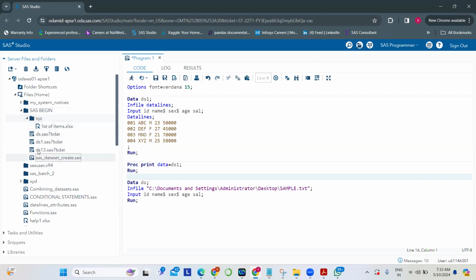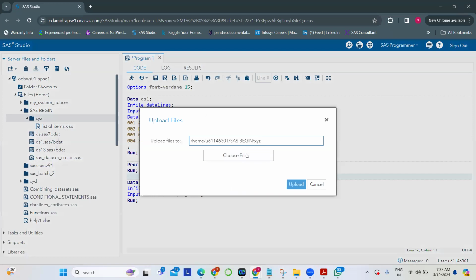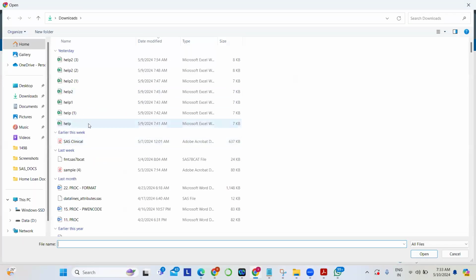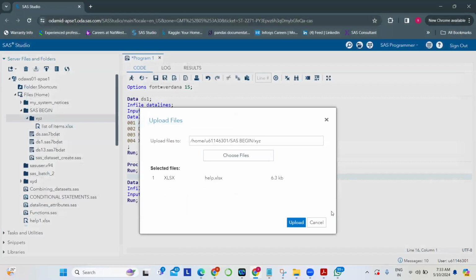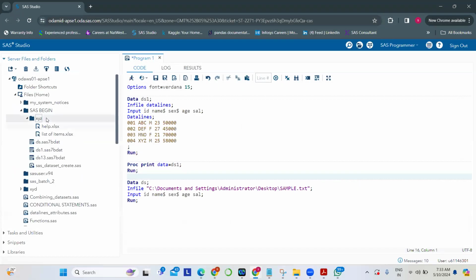For example, if you want to just upload here, just select this one, press the upload button. Choose files. Upload help. We got the help here, right, sir? And now this is in the SAS server, I mean, the SAS memory location. You want that to be a SAS dataset file. And now what you do is